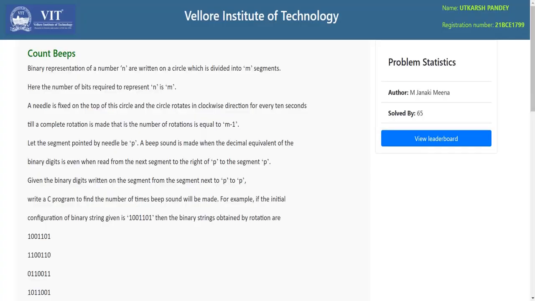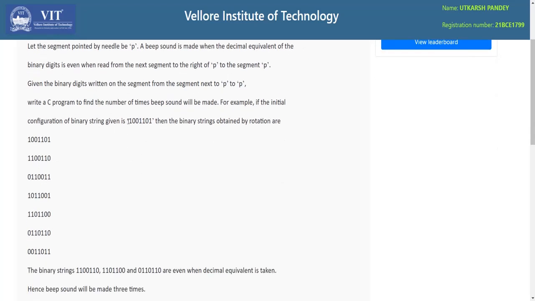So let's start today's question of the day. So the name of this question is Count Beeps. So basically in this question we have been given a binary string and we have been told that we have